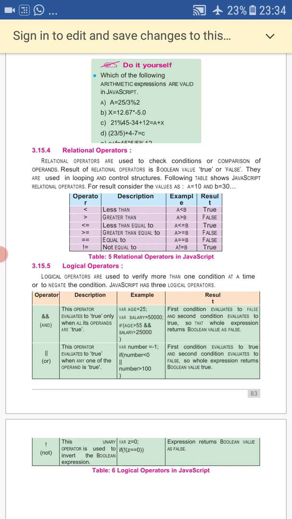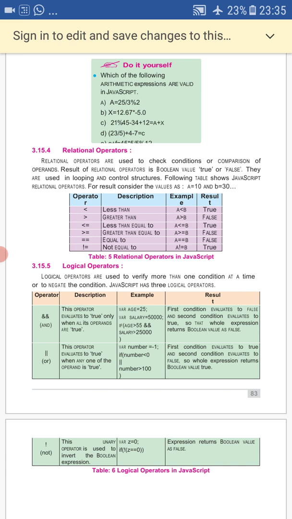Logical operators are used to verify more than one condition at a time, or to negate a condition. Negate means making the opposite of some situation; you can say the complement of any variable.